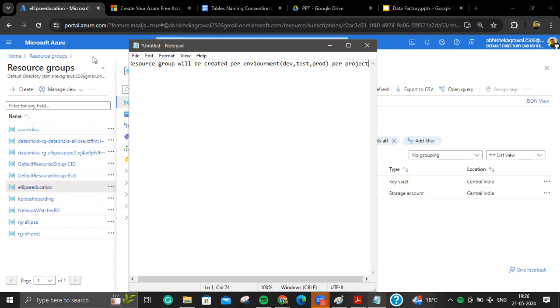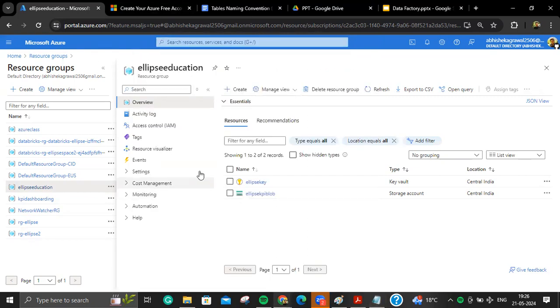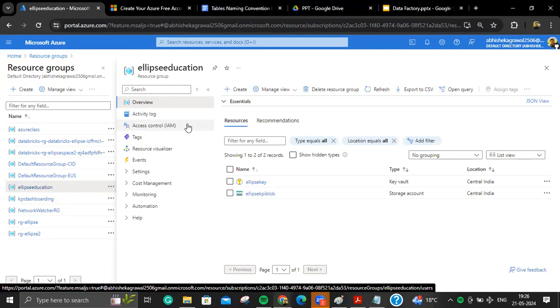Okay. And what you can do in a resource group is manage your resources. So suppose I created this resource group and created all the development resources under it. At the same time, if I want to manage permission on who can access these resources, I can manage it, right? All the developers working on this project will have this particular access. Okay. And others will not have.